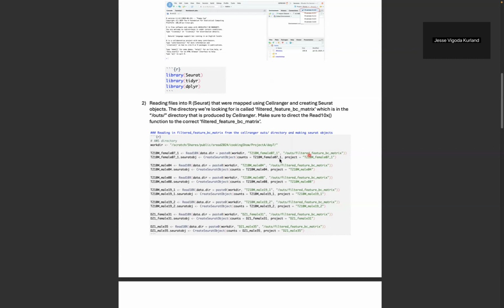And these files together are what this read10x function uses to create a Seurat object. We're literally just directing it to this whole directory. Within it, we have named each of these Cell Ranger output directories differently, so I'm just pasting the unique name that was given, hopefully by Chris, and then I'm going to direct this read10x into this subdirectory. And then we're going to do this create Seurat object, and this is part of the Seurat